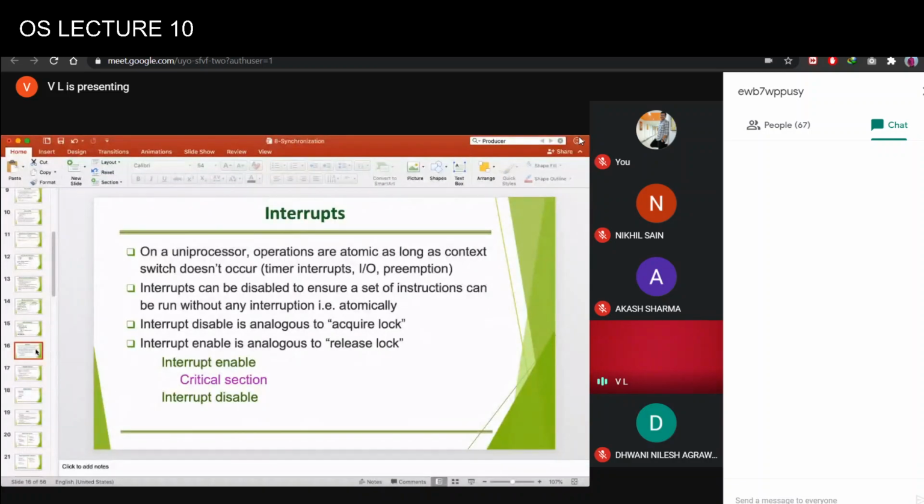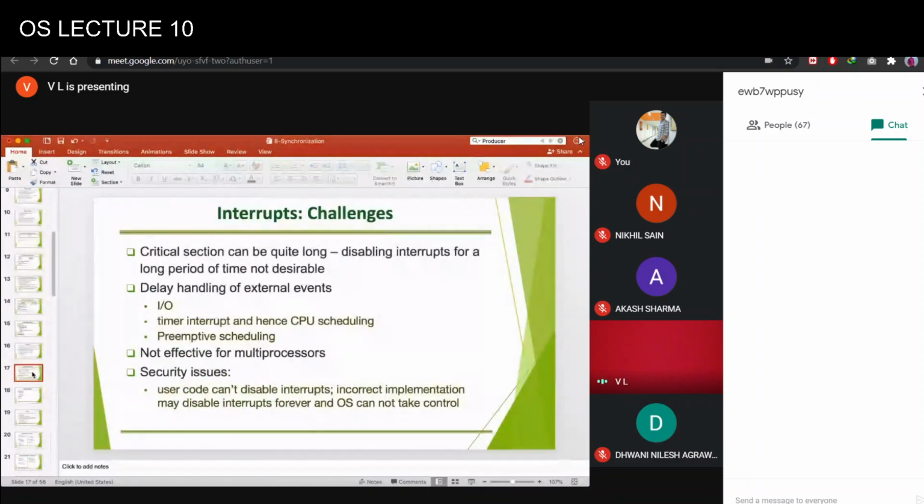Before it enters the critical section, interrupts are disabled, and once the critical section has been executed, interrupts can be enabled. So disabling and enabling interrupt can provide a solution to this critical section problem. Interrupt disable would be equivalent to acquiring lock, and interrupt enable will be equivalent to releasing lock. Is that right?